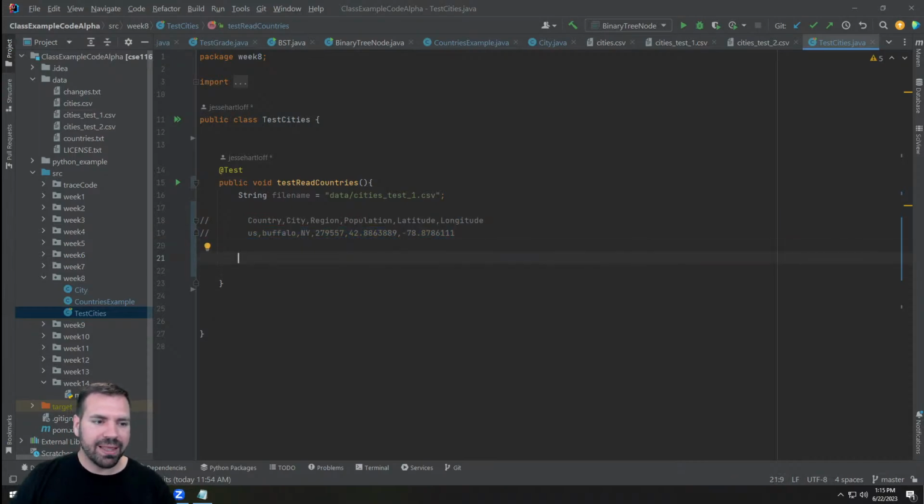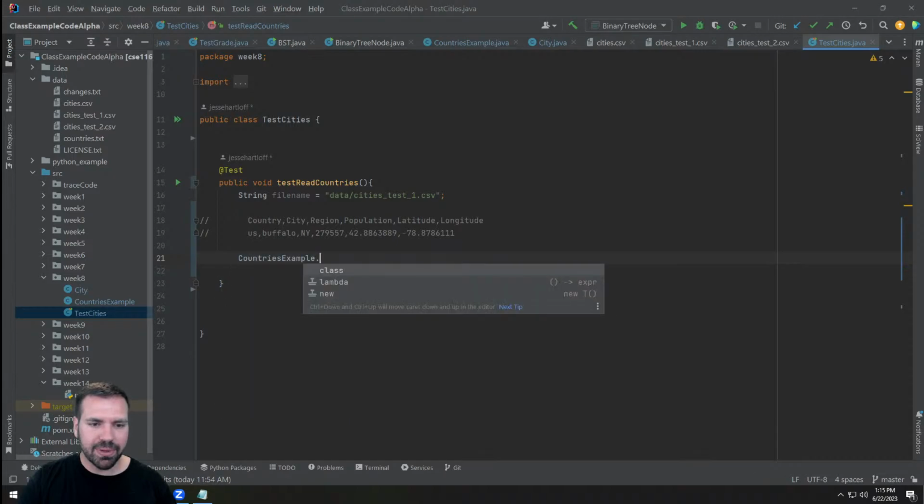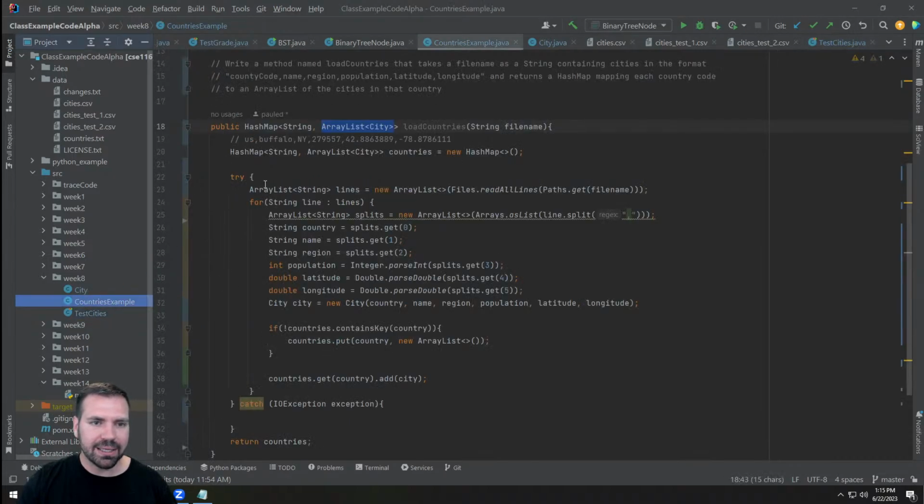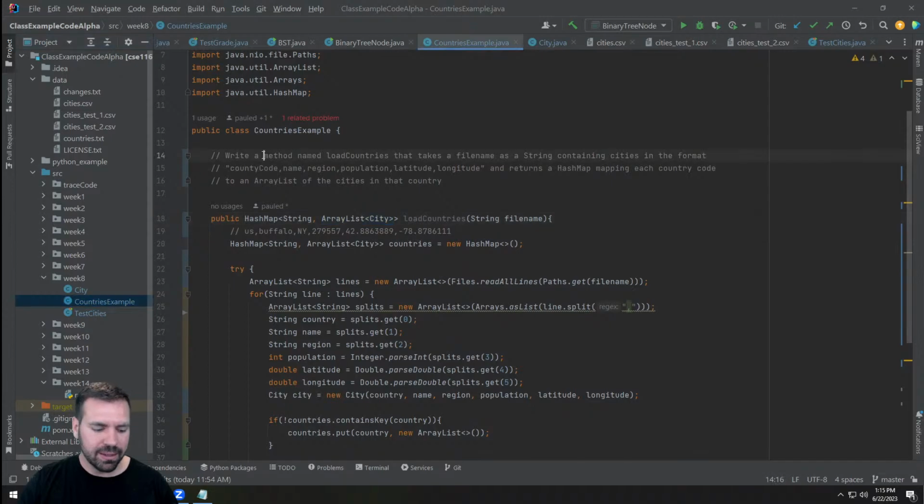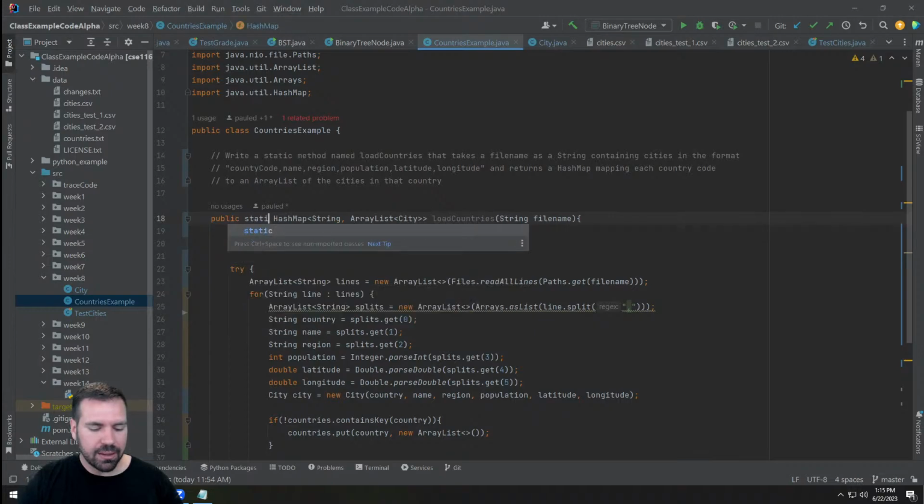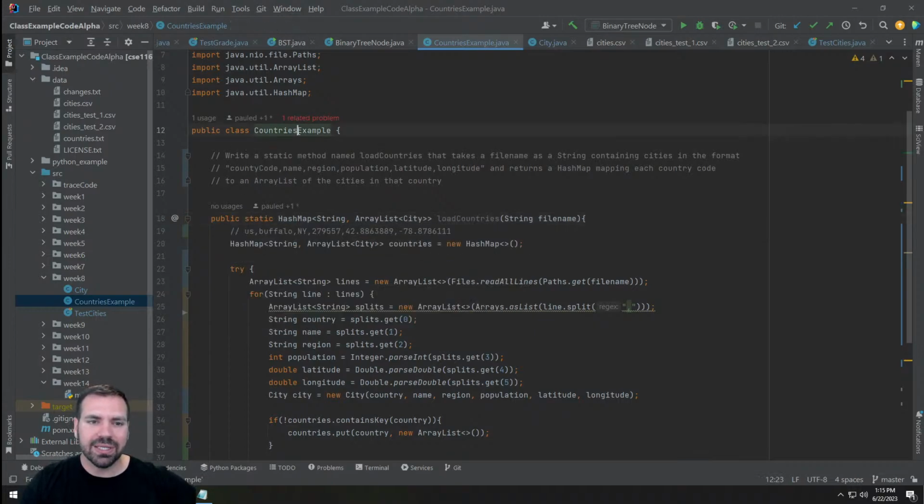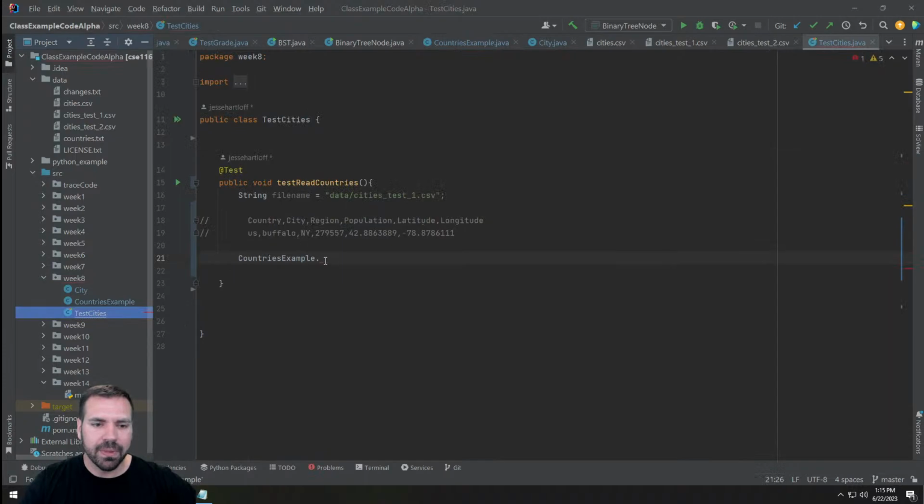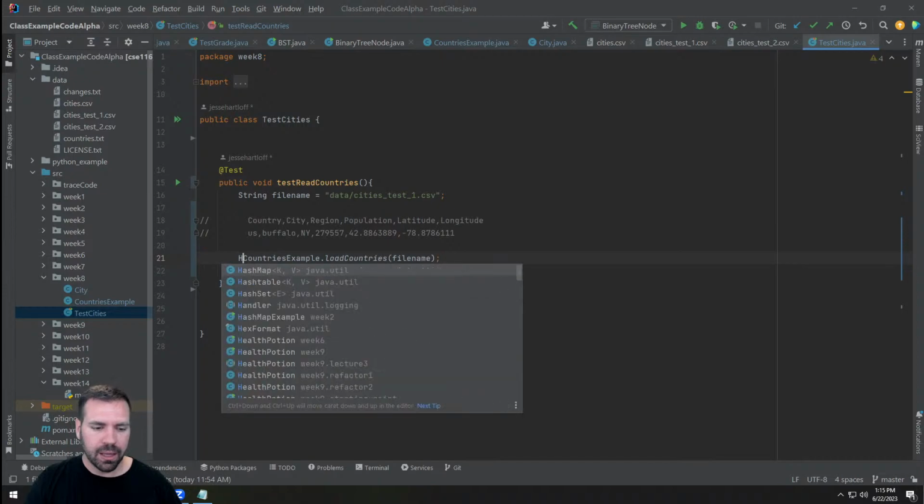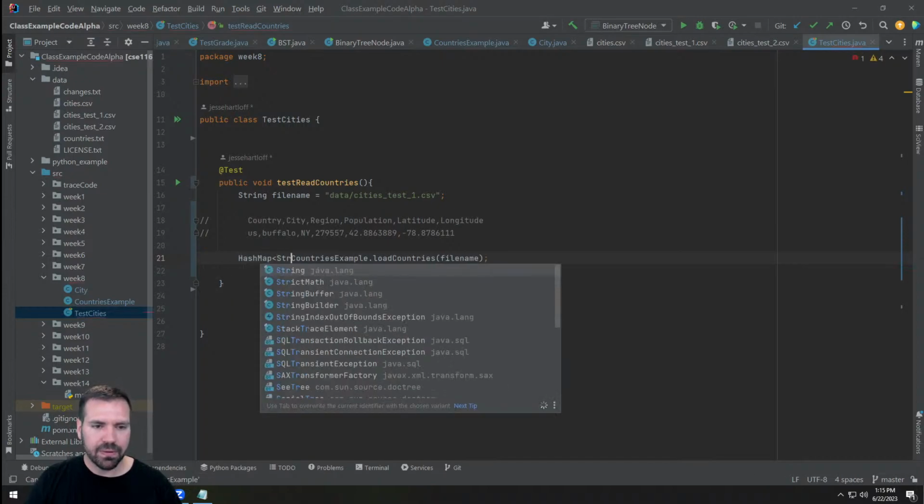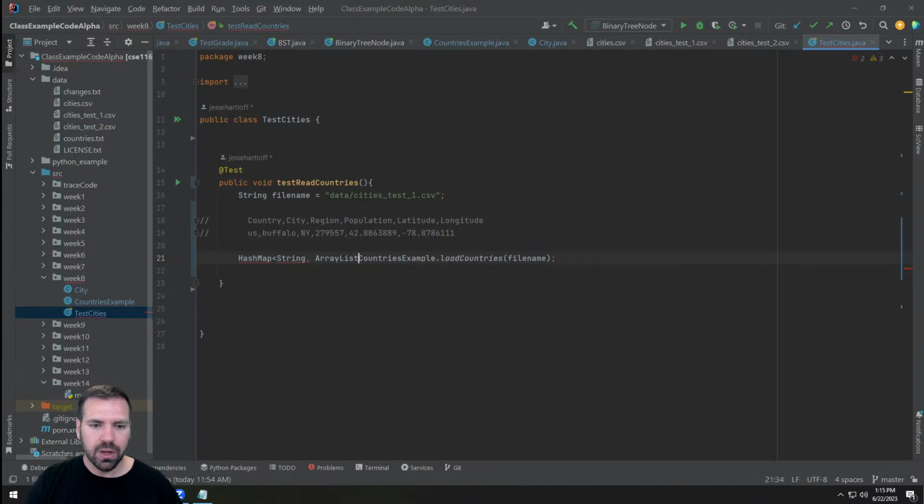I'm going to call the method that I'm testing. So countries example dot, I did not make that I actually did want that to be a static method. Write a static method, public static. That way I don't have to create a countries example object to call this method. Dot load countries file name. That's going to give me a hash map of string to array list of city